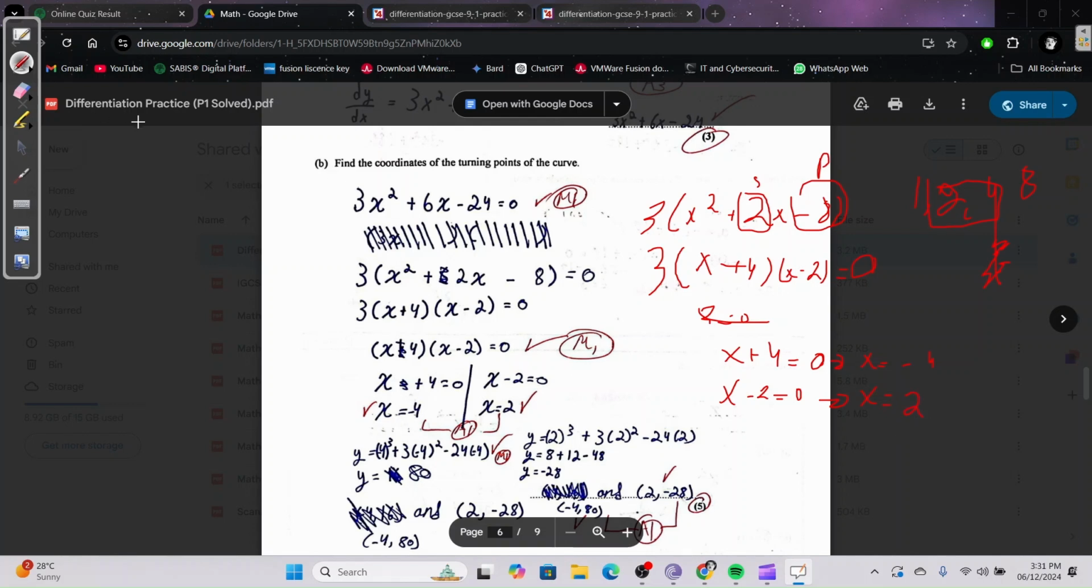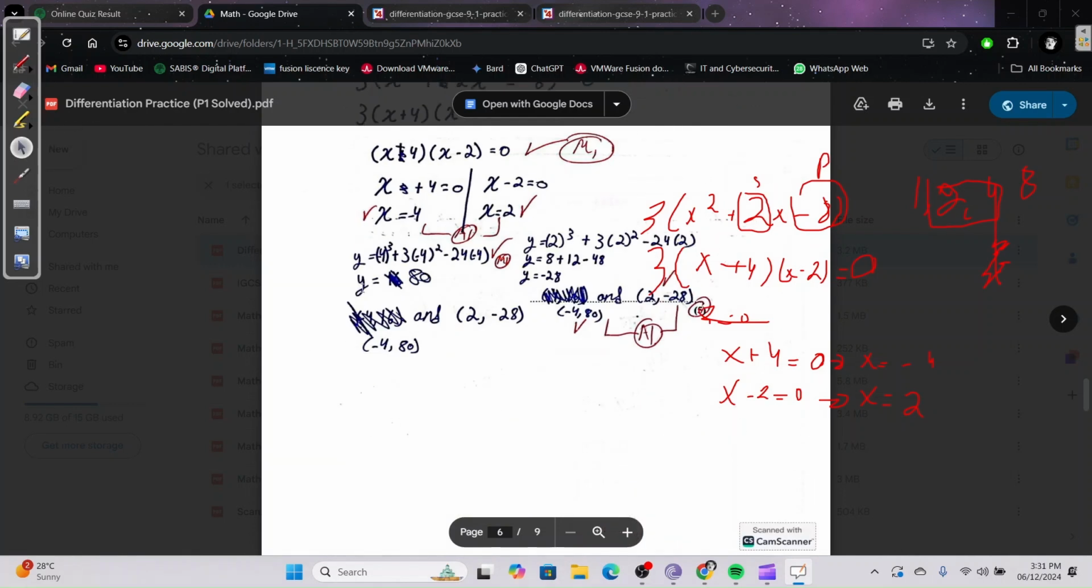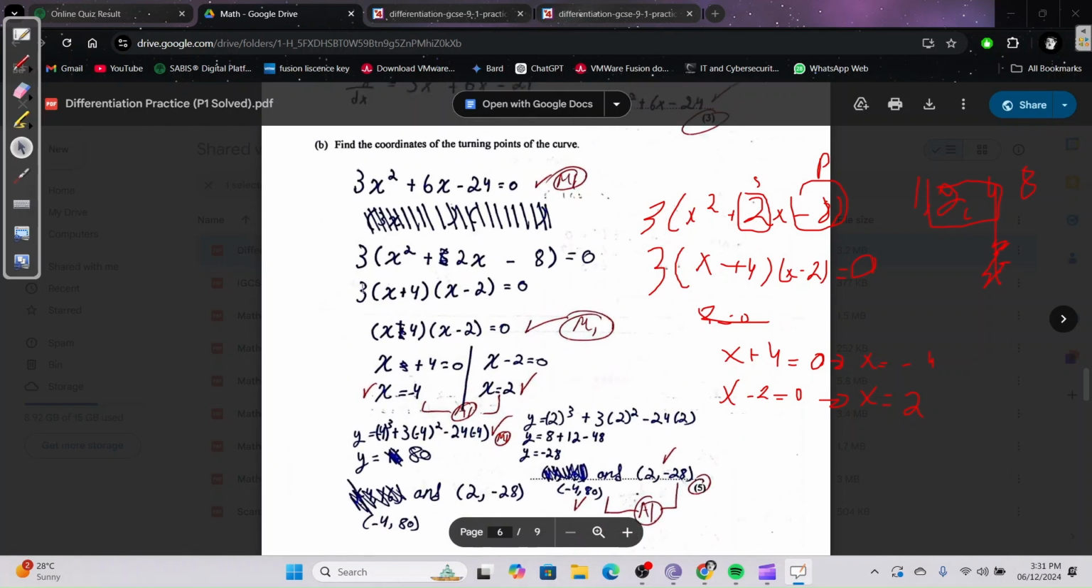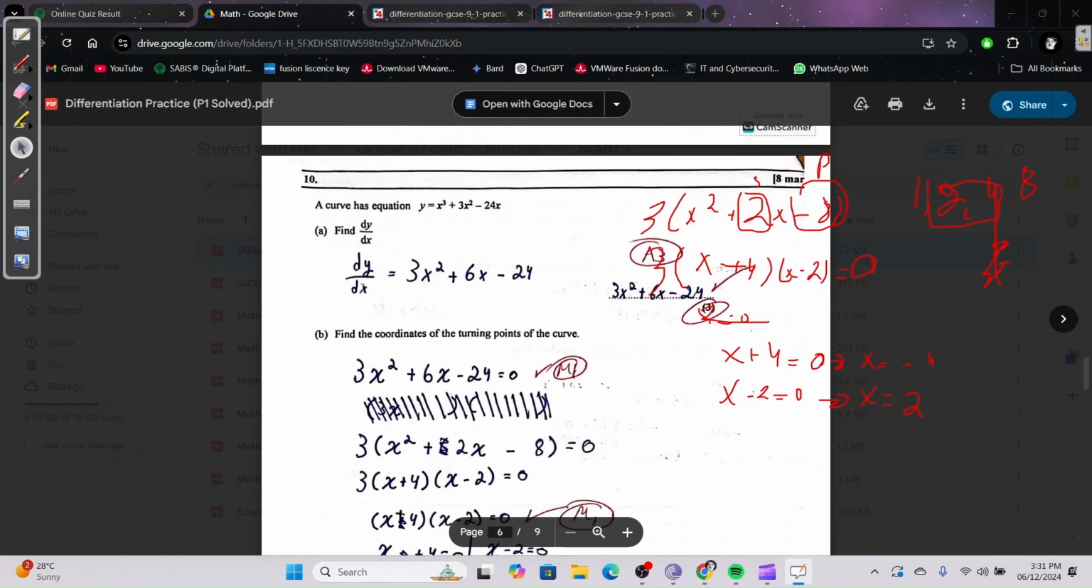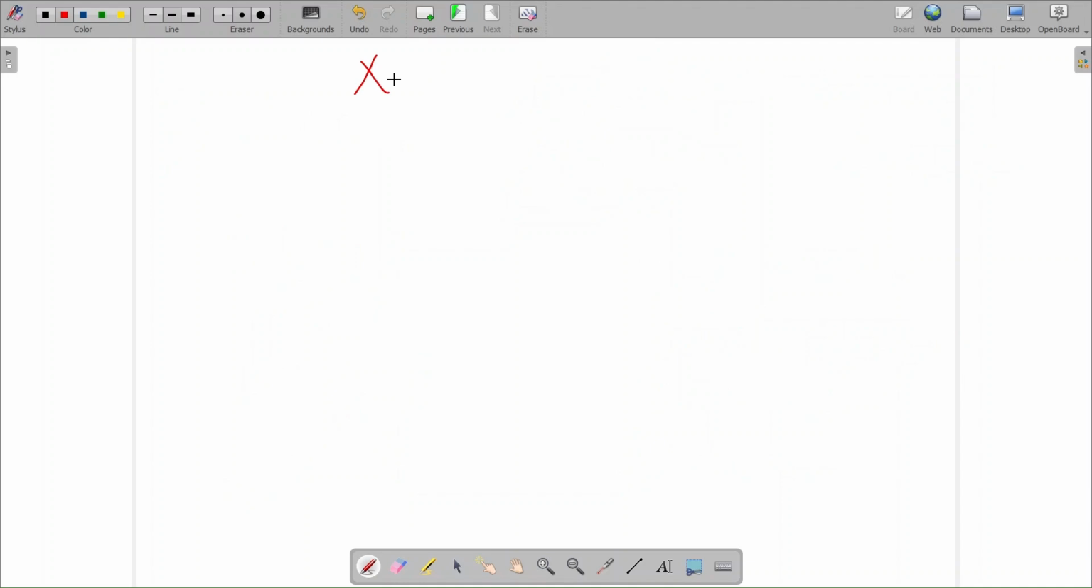Okay, so now we want to do the exact same thing we've been doing for the past 4 questions, which is substitute these points into the original equation. So what do we have? Let's start on a new page. We have x equals -4, x equals 2. Our original equation was y equals,